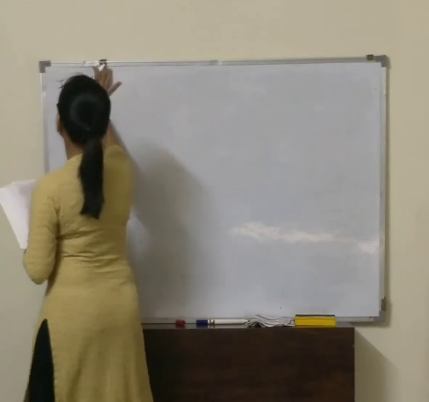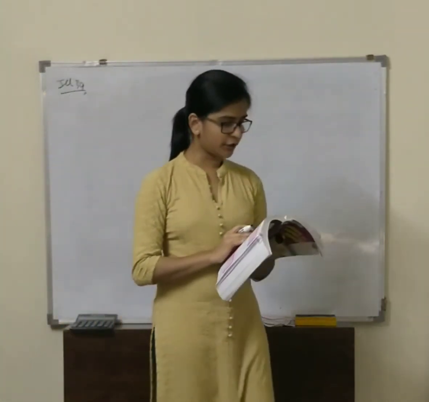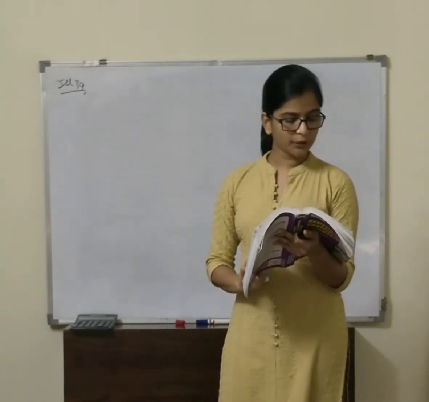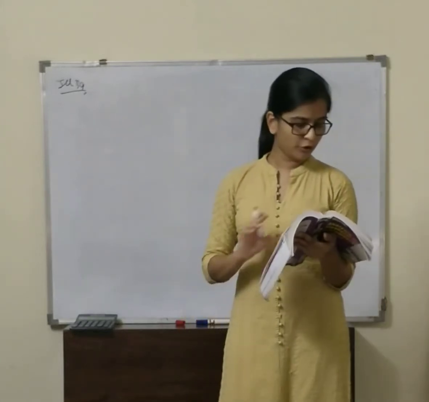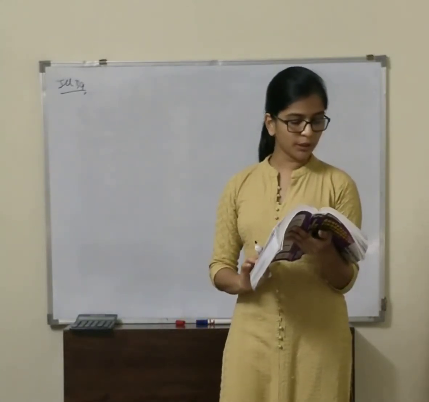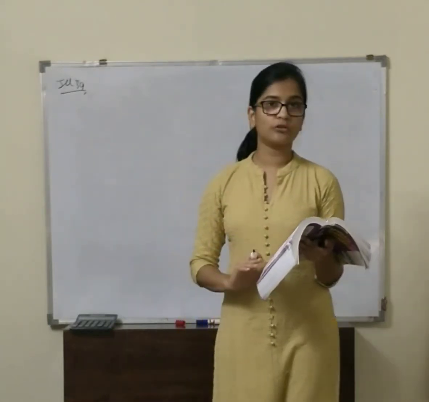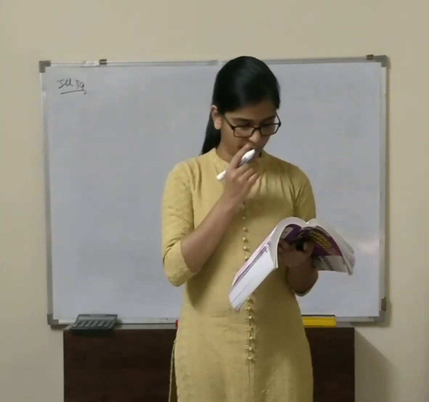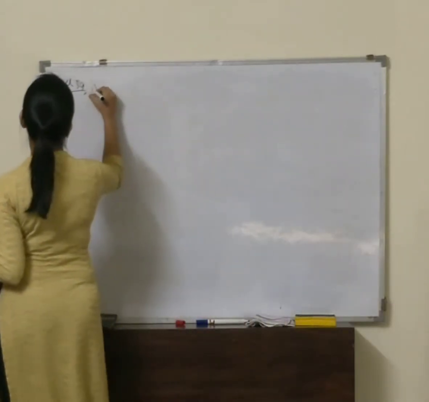Take down the problem for you all to understand better. Illustration 30. The balance in equipment account and accumulated depreciation is given below. The equipment costing 12,30,000, accumulated depreciation 7,18,000, was sold for 4,68,000. What we need to find out: compute the amount of equipment purchased, depreciation charged for the year and loss on sale of equipment, and second, how each of the items related to equipment will be reported in the statement of cash flow. Let's take down the first one now.